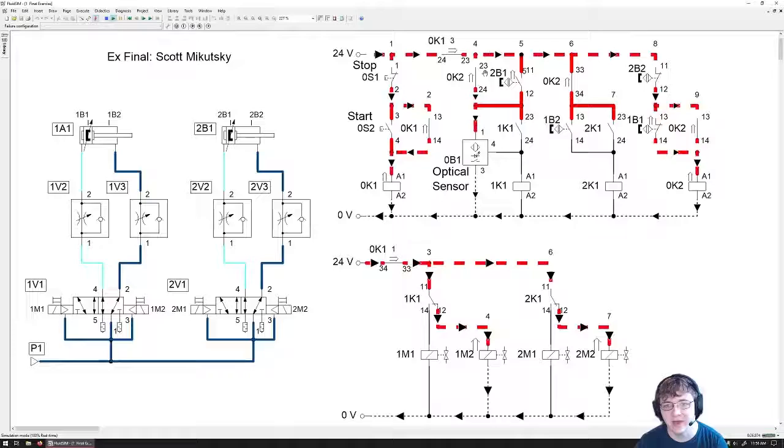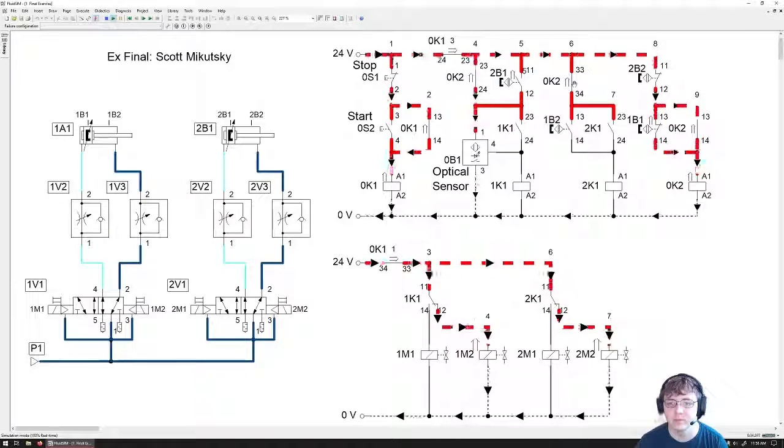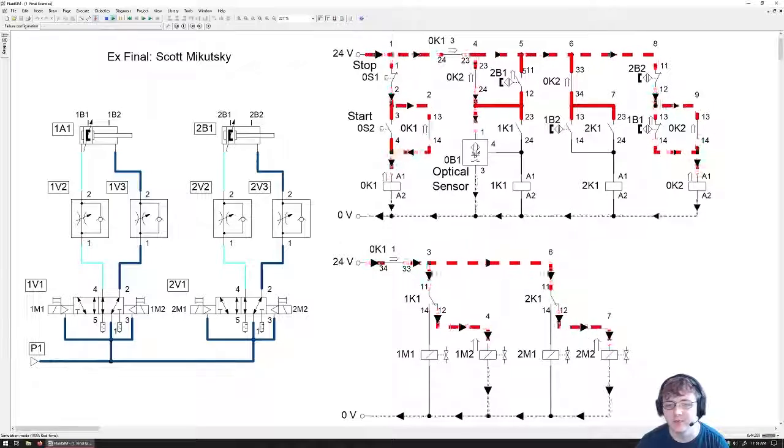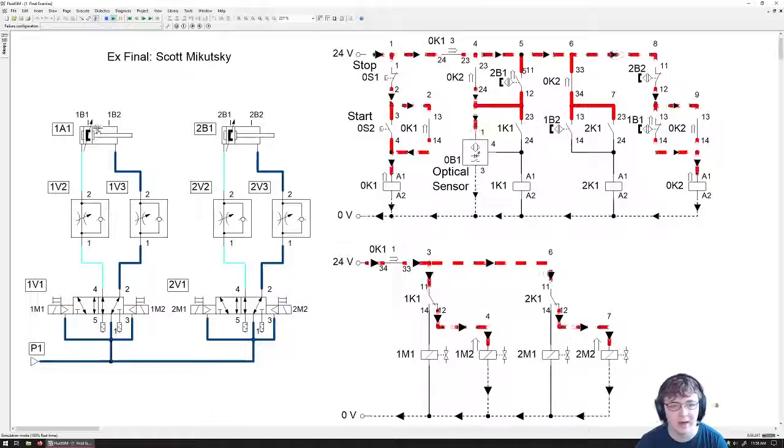And because of that, we have power flowing through both of these make switches. So in particular, 0B1, the optical sensor can be tripped. So when I press that, it'll energize 1K1, which will in turn power 1M2,